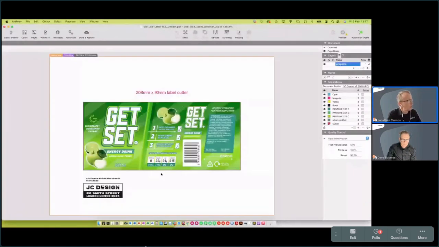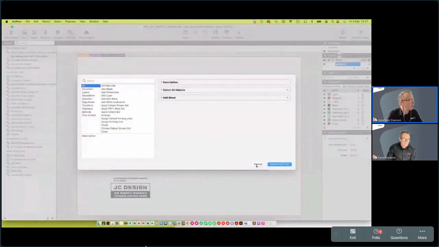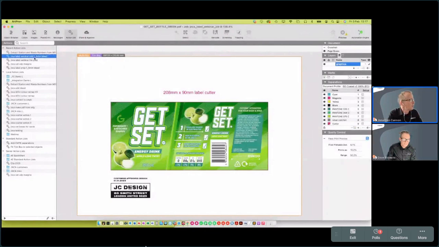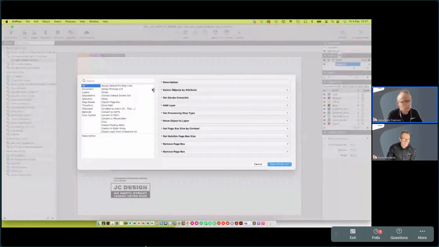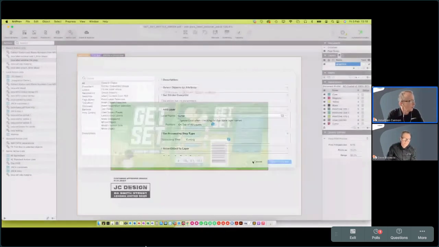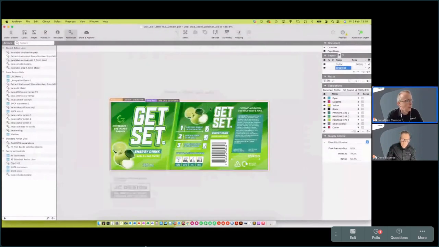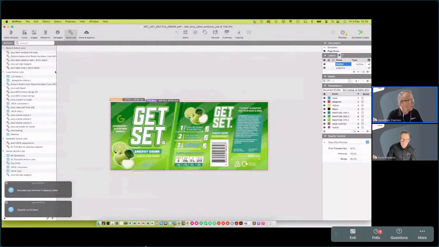Now, inside of ArtPro Plus, we have the ability to create these action lists. Now, we won't have time to perhaps pick these apart today and really show what it's doing, but we have a toolbox with over 150 different automated actions, and it's just a case of stringing those together, testing them. So once you've got something that works, if I was to run that on the file here, you can see that it's dealt with the preparing of the file, and then if we run the add bleed,